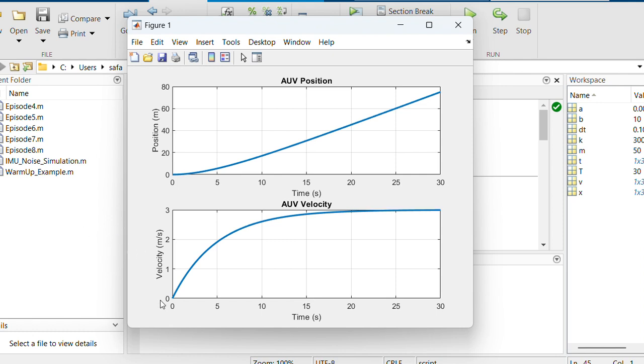The velocity here starts at 0 because the vehicle is initially at rest. As the thrust force accelerates the vehicle, its velocity increases. Over time, drag becomes larger and larger. Eventually, thrust and drag balance each other. At that point the velocity approaches a constant steady state value,